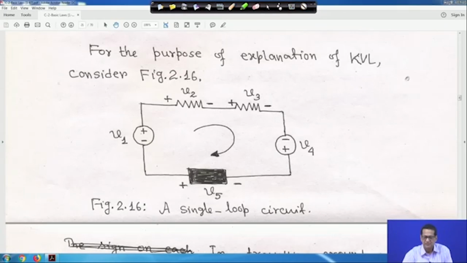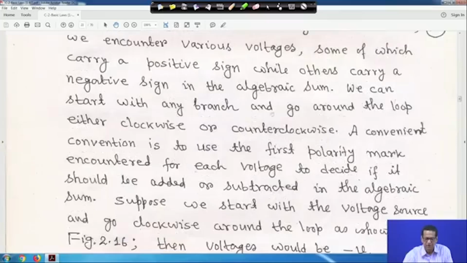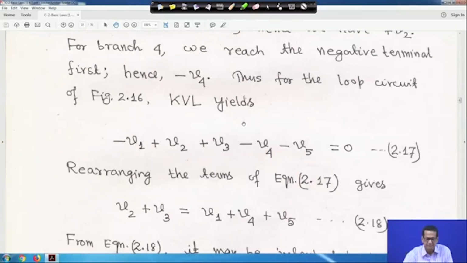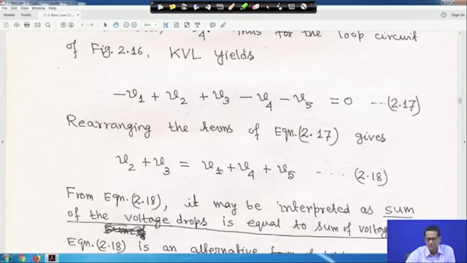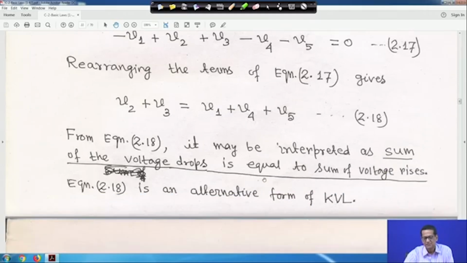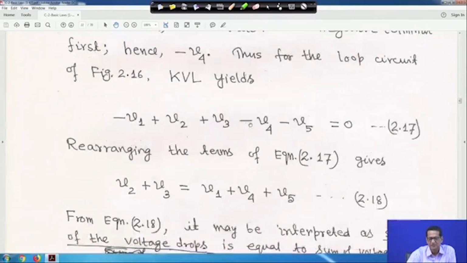Right. So, the same thing I have written here for you. Minus V1 plus V2 plus V3, what I have written here, is equal to 17. Or, rearranging the terms, V2 plus V3 is equal to V1 plus V4 plus V5, that is equation 18. It may be interpreted as the sum of the voltage drops is equal to the sum of the voltage rises. That means the sum of the voltage drops, that is V2 plus V3,